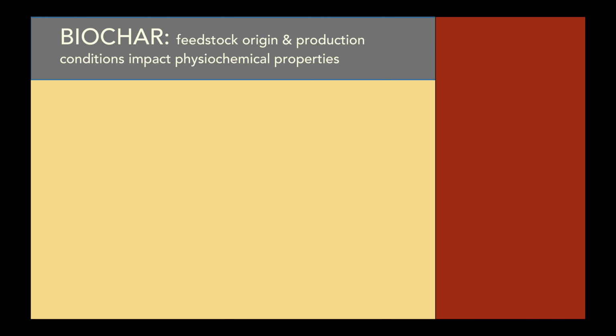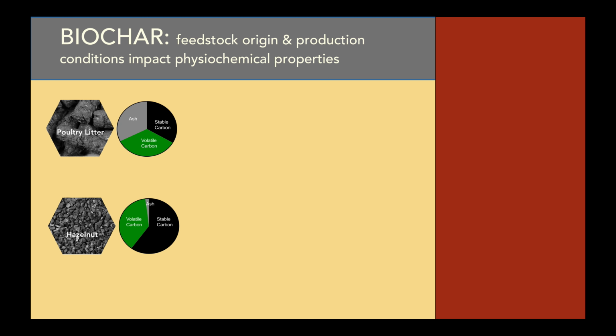Now, we all know that one of the super cool things about biochar is that it's tunable and we can manipulate the feedstock or the production or the post-production conditions to make a biochar with specific physicochemical properties. So, for example, I'm showing here two biochars, one made from poultry litter and one shown from hazelnut. And you can see that they look really different on a macro level, but they also look different at the